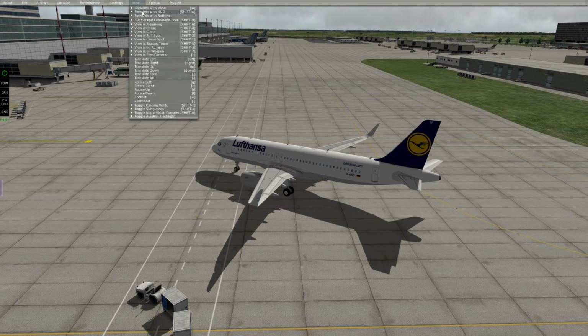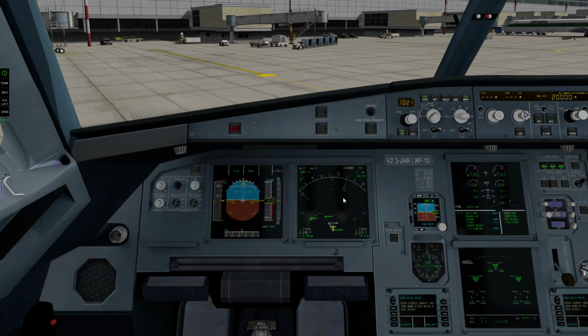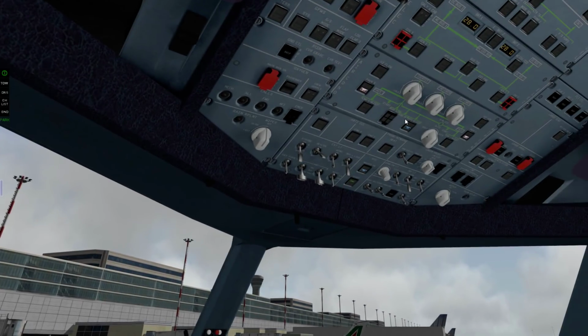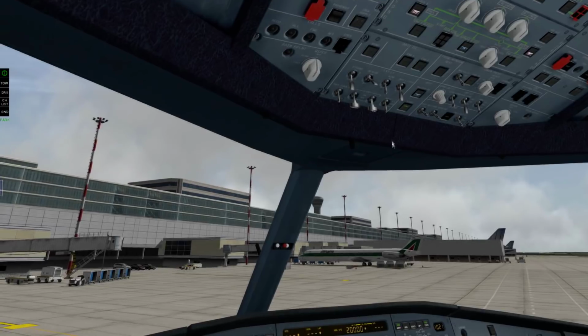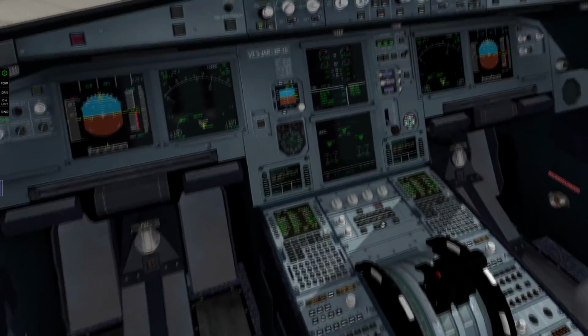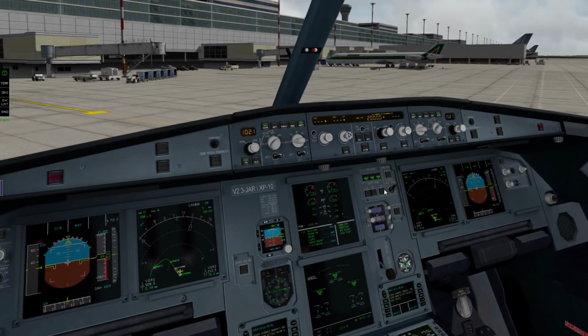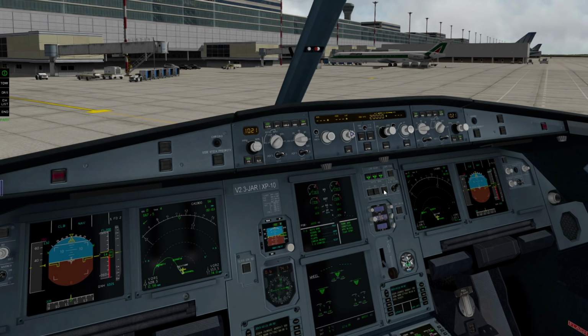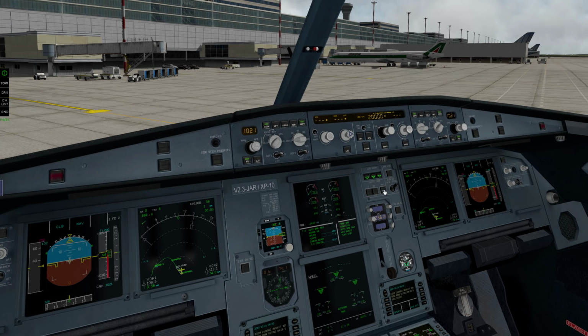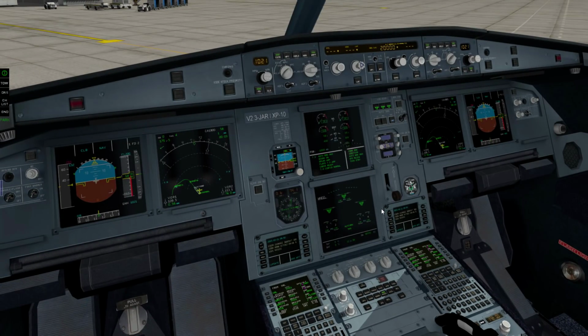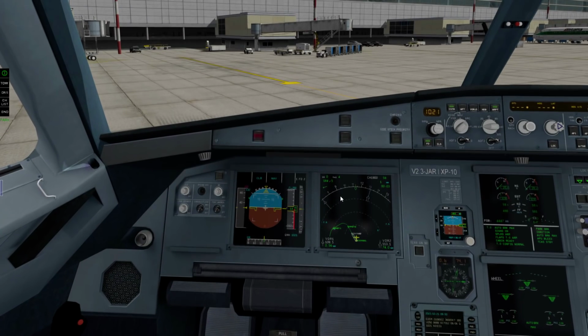Okay, and now let's see, we need to, okay, brakes, auto brake is on max for takeoff, spoilers armed, Flaps 1. Flaps 1, and now let's call for